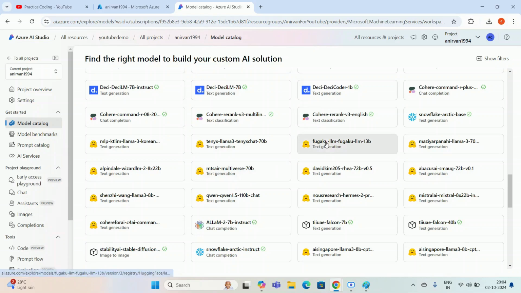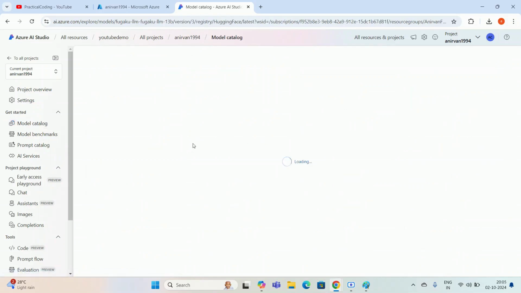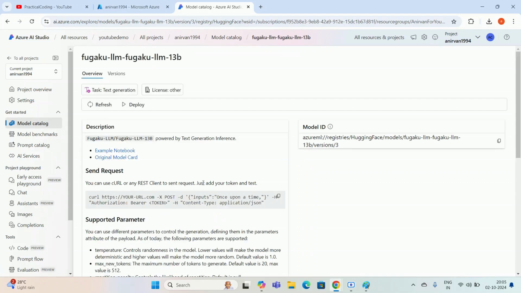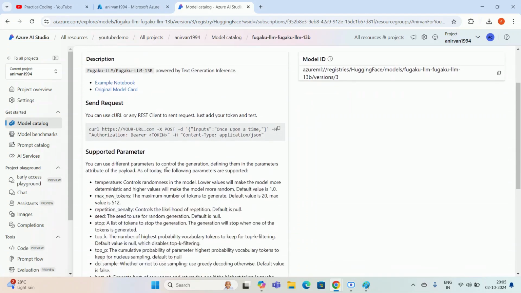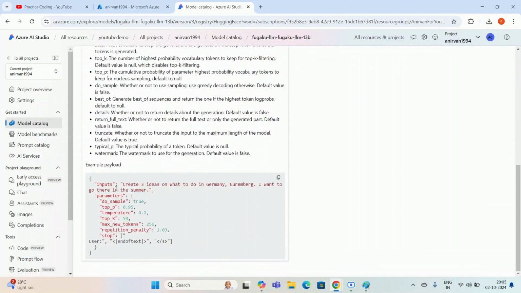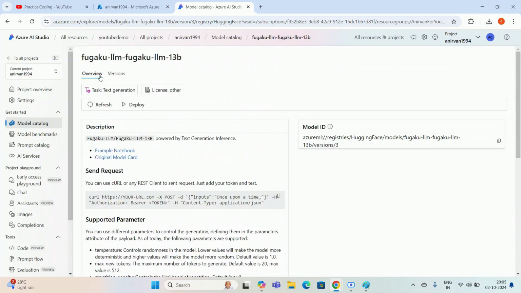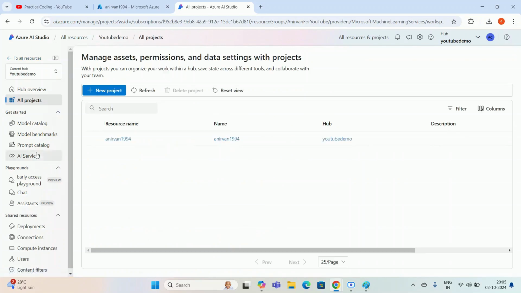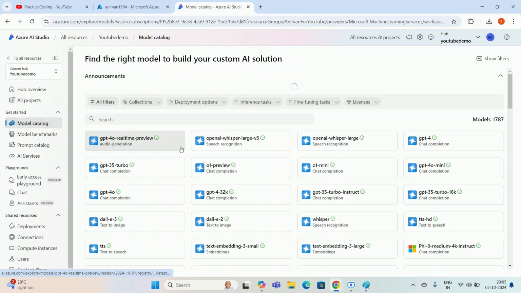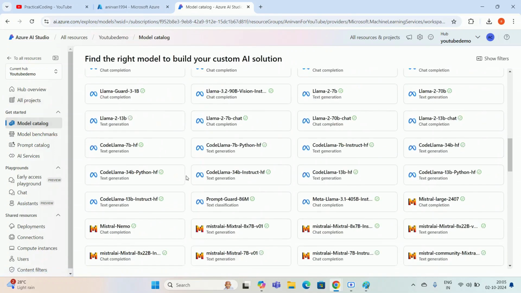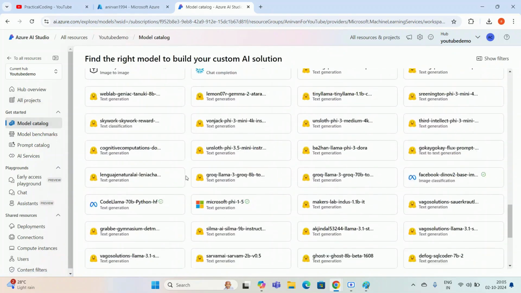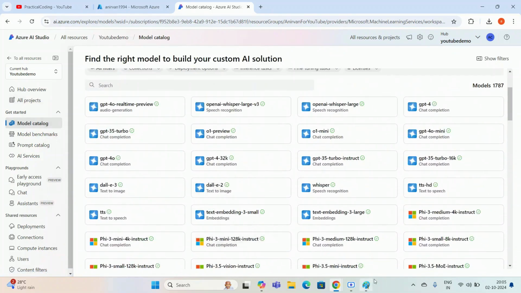So this is text generation maybe. Text generation basically means if you give any prompt, it will generate the text. This is the model. Those are the documentation available if you want to see, so you can go through that. I'm not exploring this. Those are the model catalog, you can see what models are available. That we'll see later, because we have those services available.